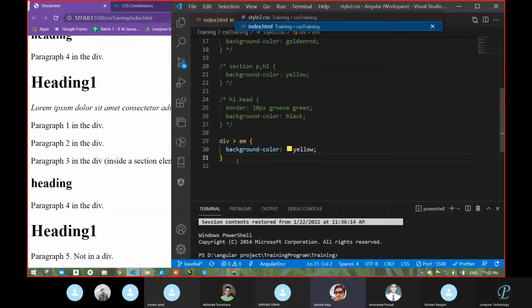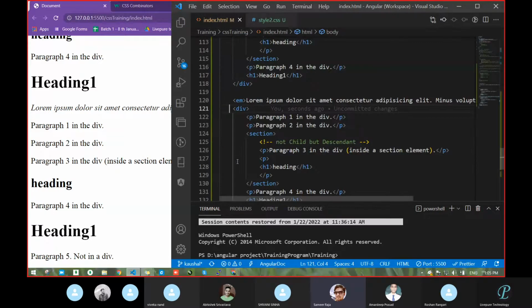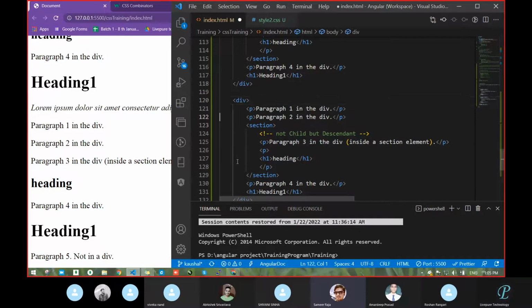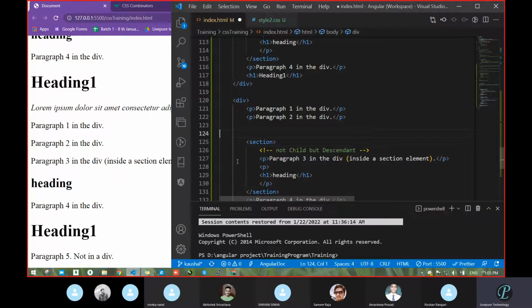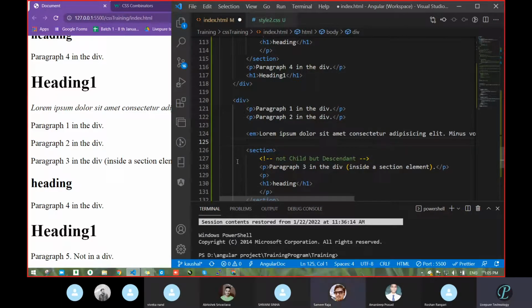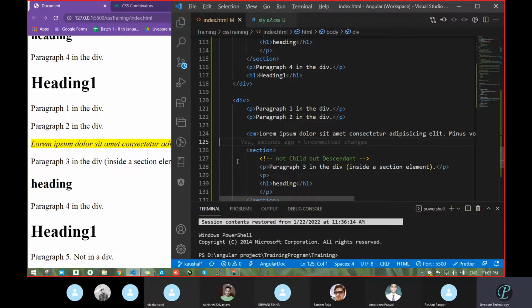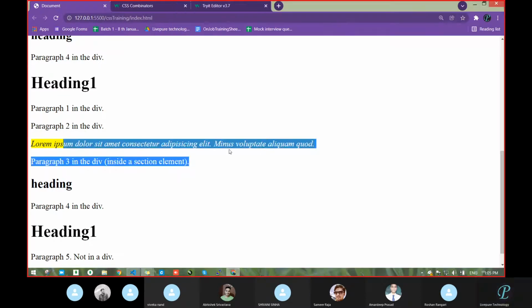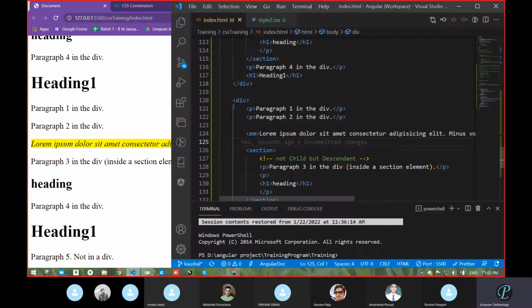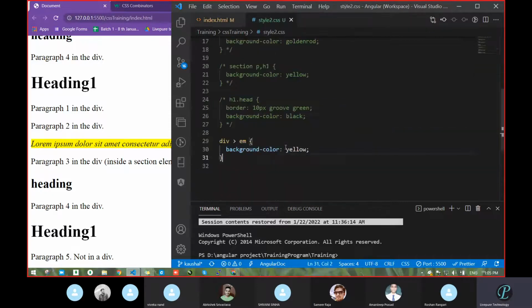Because EM does not belong inside the div. Okay. So what I will do? Where the EM tag will be written inside the div, at that time it will become a child and div will become parent. Then only it will be affected. Okay, means you want me to move that EM tag anywhere here, correct? Yes, inside the div. Let's see. It worked. Why did it work? Because now this div is parent, EM is child. Now div and EM become the parent-child relation.